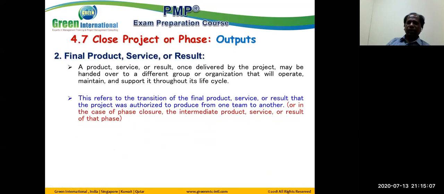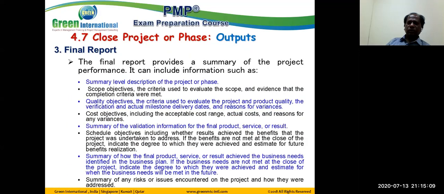So, handing over the deliverables to the stakeholders. The final report should define this information: a summary level description of the project, scope objectives, criteria used for evaluating the scope, and the evidence that the completion criteria were achieved. Quality objectives, the criteria used to evaluate the project and product quality, the verification,